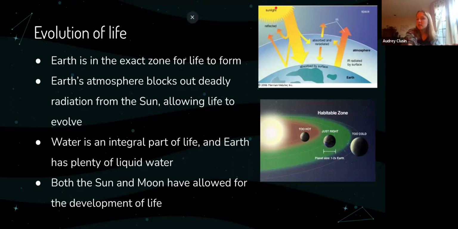The sun does emit those levels of light, just in lower quantities, but our atmosphere works by reflecting off light and also letting out light that's radiated by the Earth's surface. Overall, it protects us, but it also keeps in energy that we do need to keep our planet warm enough. So the atmosphere is really important.